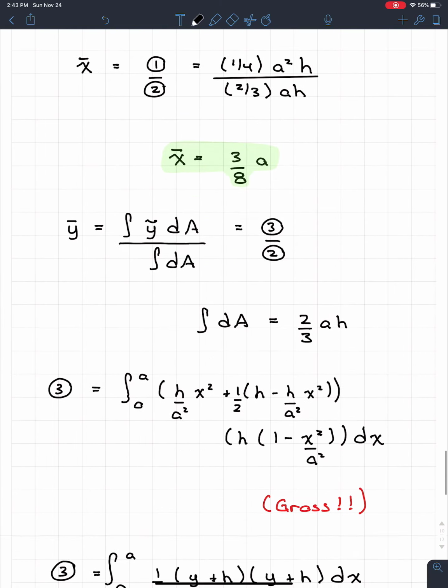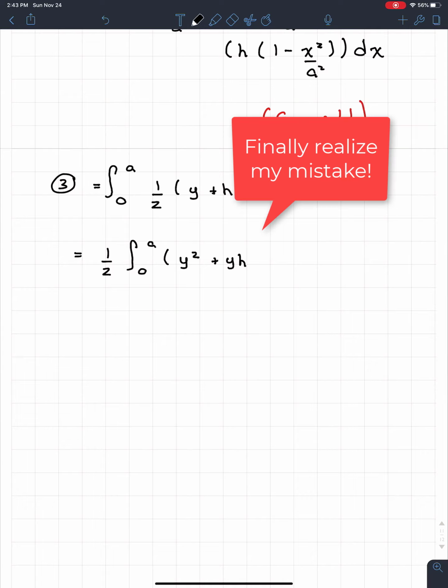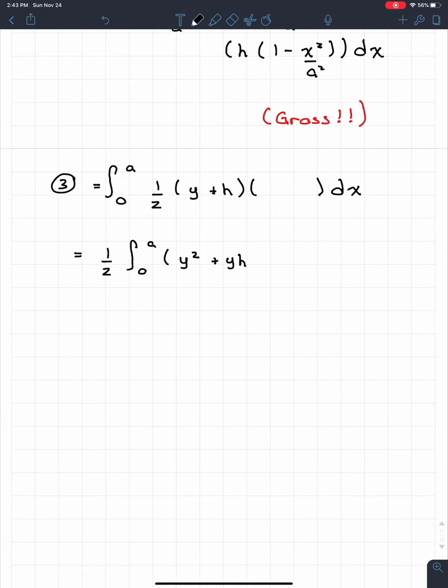And I just need to check something. Perfect. So it's all good. So not the best, but we can go through. This is equal to the, and we can take the 1/2 out, the integral from 0 to a. And now we're just going to multiply everything. So y times y is y squared. y times h is yh. h plus y, oops, there's a mistake somewhere. This is h minus y, this is the problem. I got too far ahead. h minus y, oops. So it's going to be the same thing, except we're going to have minus yh and then plus h squared